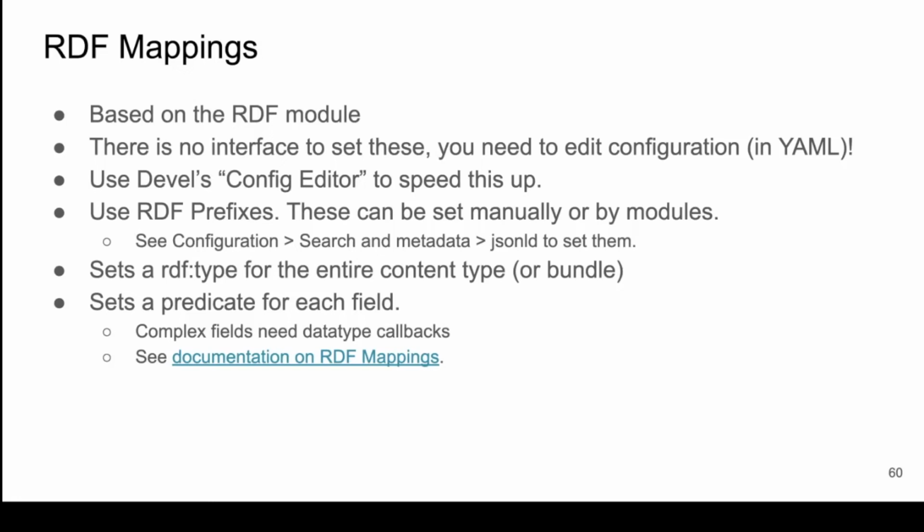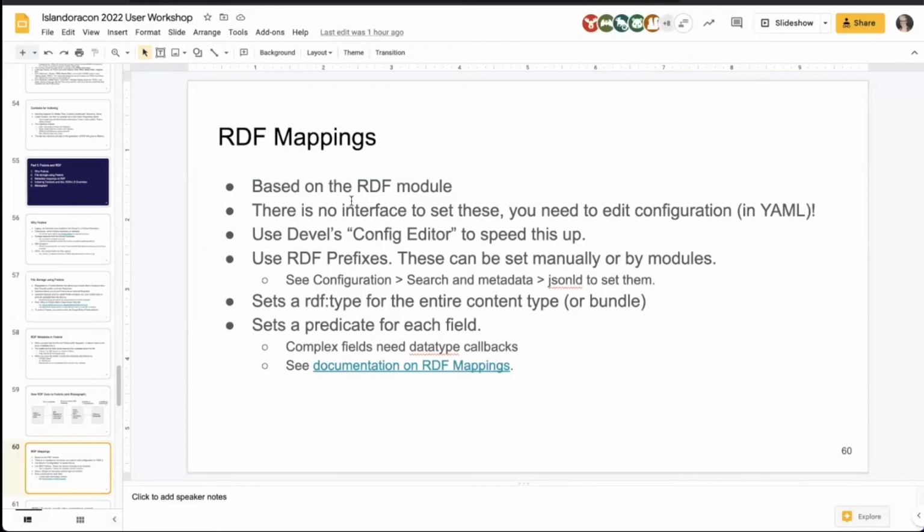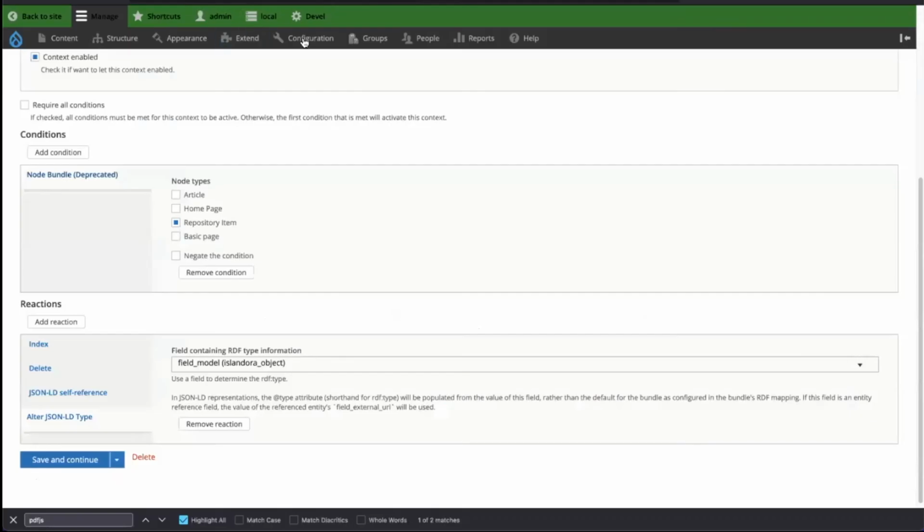If you have to do this, which you probably will if you're doing RDF stuff in Drupal, enable Devel's config editor. I posted about this on the list, but I want to show everybody because I don't want you to be wasting your time. So the Devel module, when it's enabled, which probably not on your production site, but hopefully you've got a development or staging site that you can use,